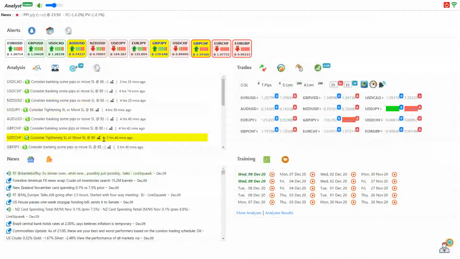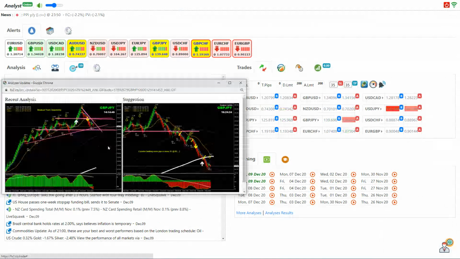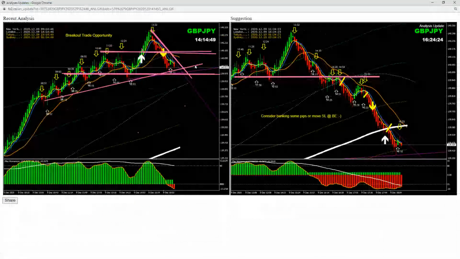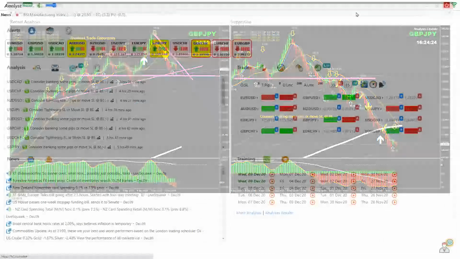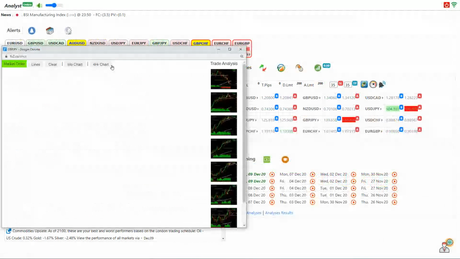And then we have pound yen, beautiful. You can see here, this was again, as we mentioned, because we're watching in 4 hour. Based on that, we had a beautiful breakout. If you look at the bottom, momentum was bearish, and we take all these pullback short trades. Even if you look at the pound yen in 4 hour,